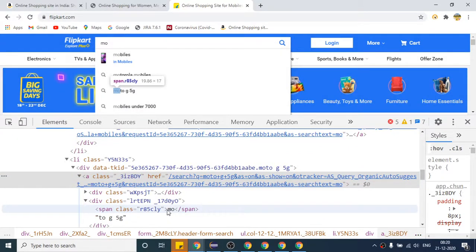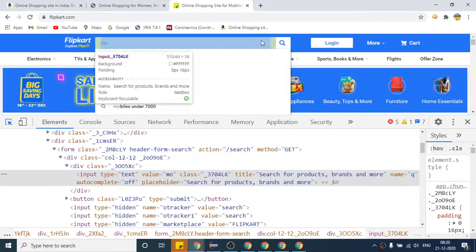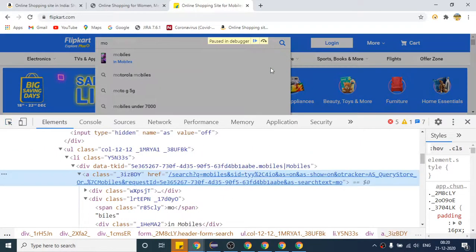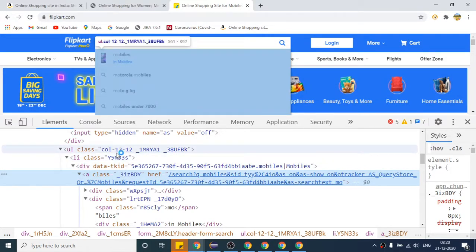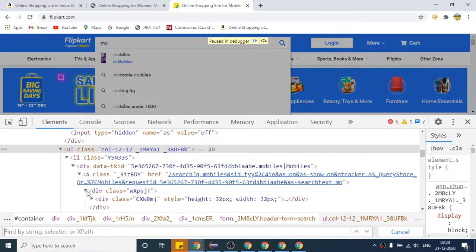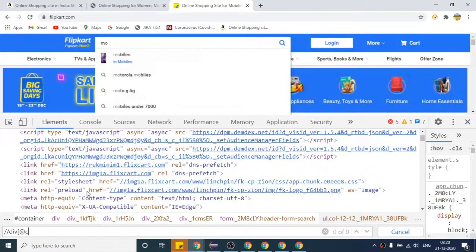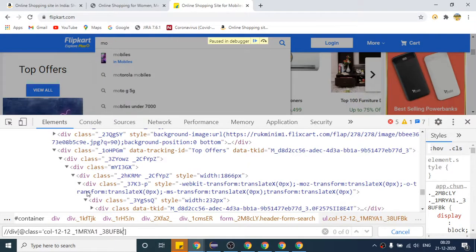If I want to write an XPath, how can we do it? I am talking about Flipkart. Again I will start from this. First let me select this first one, and I think this is the whole drop down. The class is a little bit complicated, but you can use XPath div @class. Hit enter. It is not highlighting. Let me write it again.